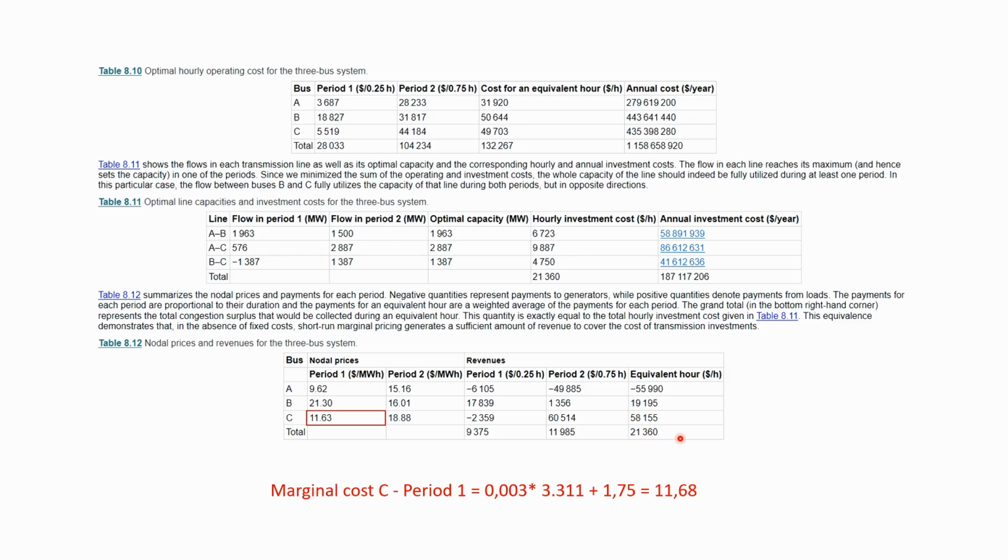And this bottleneck income is, when we have this optimal transmission lines here, the equivalent hour bottleneck here is equal to the capacity cost, the yearly cost of having this capacity. When you do the calculation of marginal cost here, you can see that there's a small error in the textbook, because this value should be